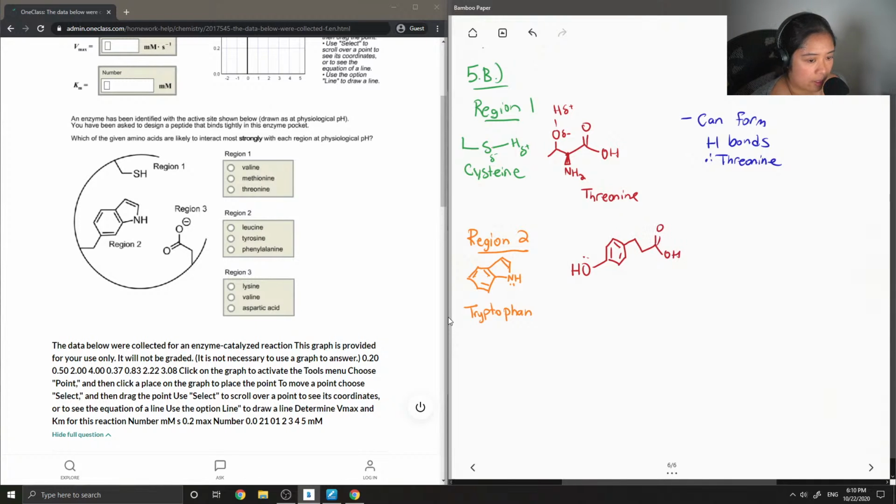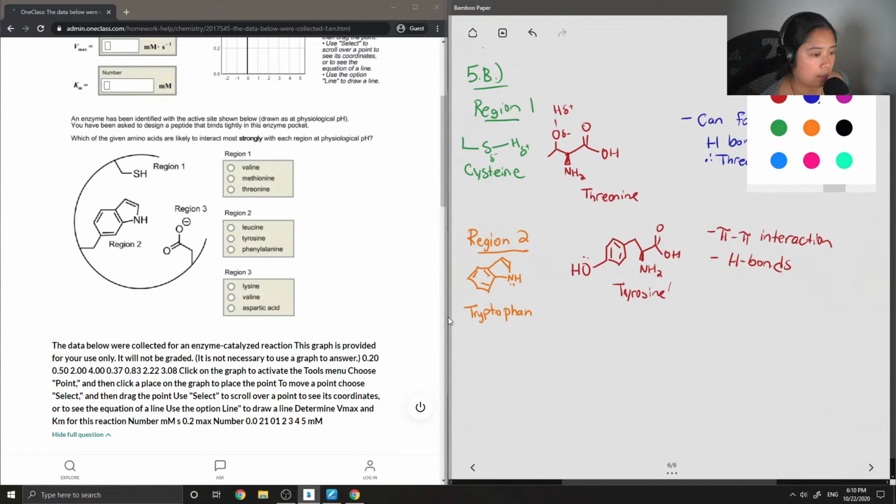Then you just have the remainder of this amino acid. This is tyrosine. So you'll notice that there can be a possible pi-pi interaction. But you'll also notice that phenylalanine also has a benzene ring, but since tyrosine has this extra alcohol group, you could potentially also form hydrogen bonds. So that's why